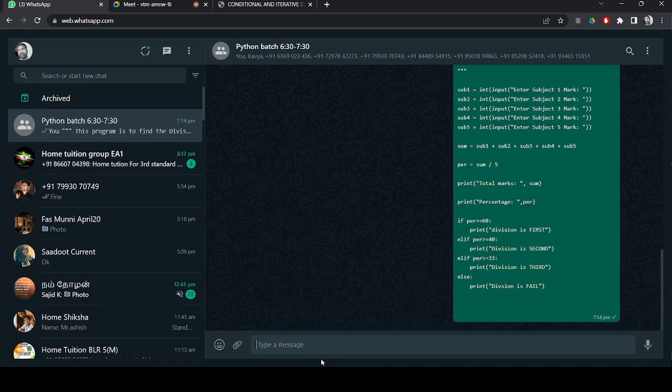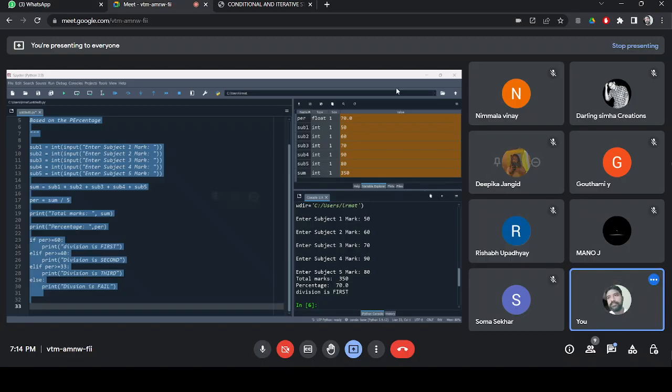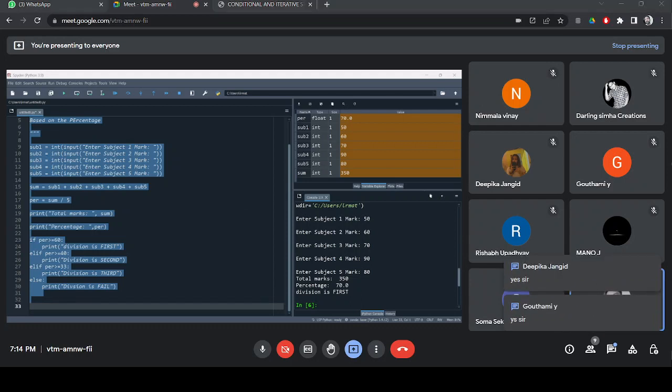All of you got the program in your WhatsApp? Yes, fine. And yes, Gautami and Deepika.